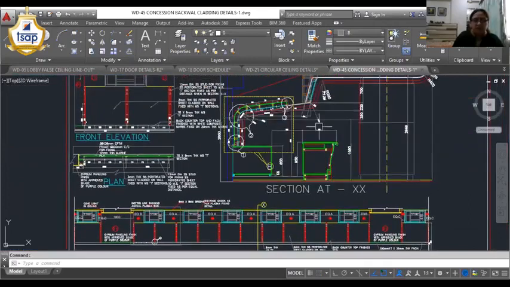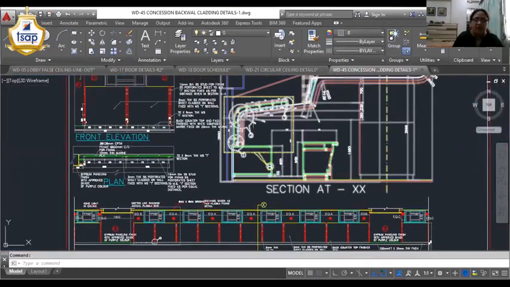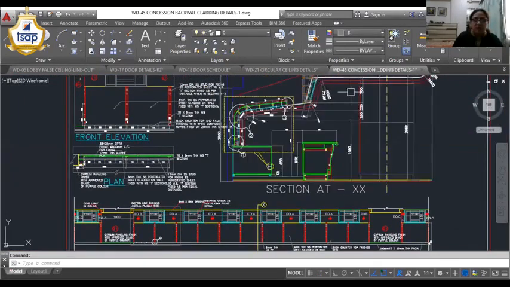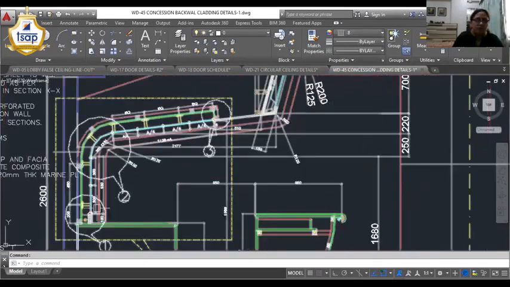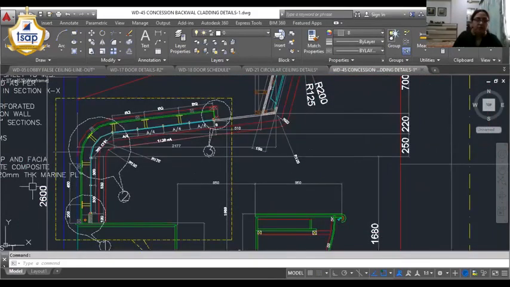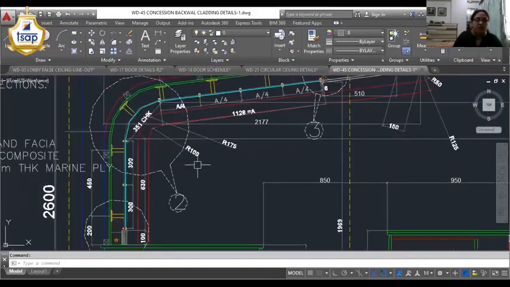There was a concession counter, and behind the concession counter, just above the back counter, the finish of the false ceiling was out of perforated SS metal sheet, and it was again backlit. So the construction was done in such a way that we had to propose a wooden framework.